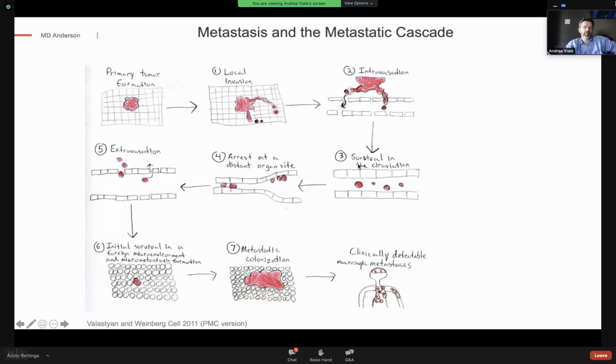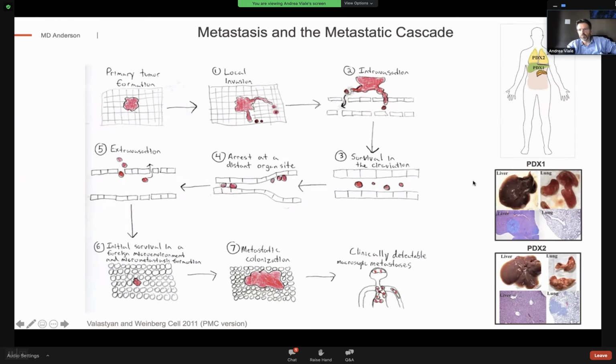As you probably know, the metastatic cascade is a model that was developed a long time ago. And again, interestingly, the quantitative studies were done using very artificial models that were repeatedly selected for the potential to metastasize. The model is still valid, absolutely, but we wanted to re-explore it, and